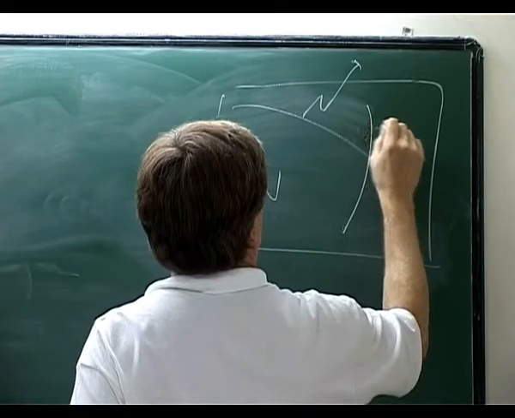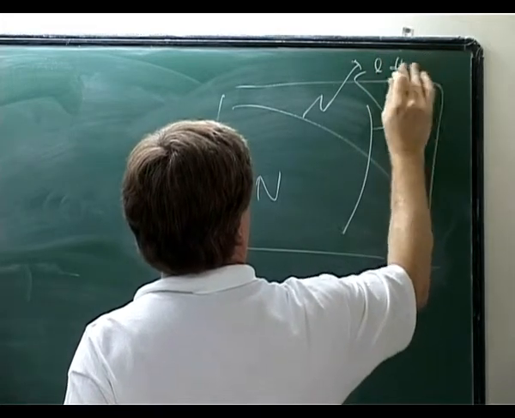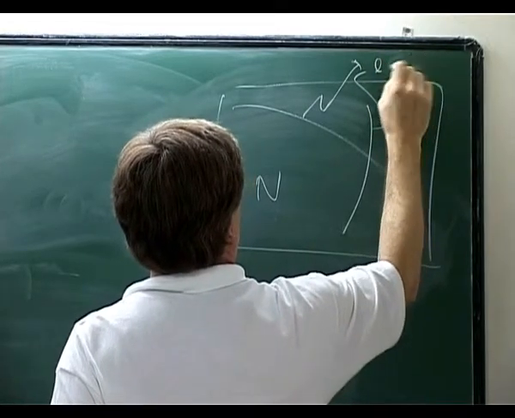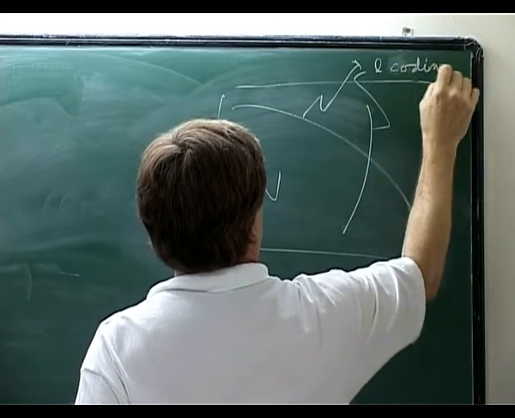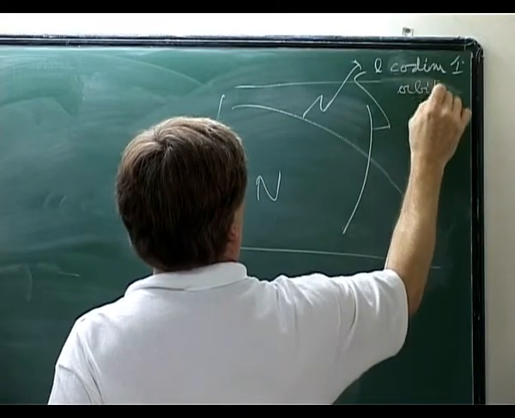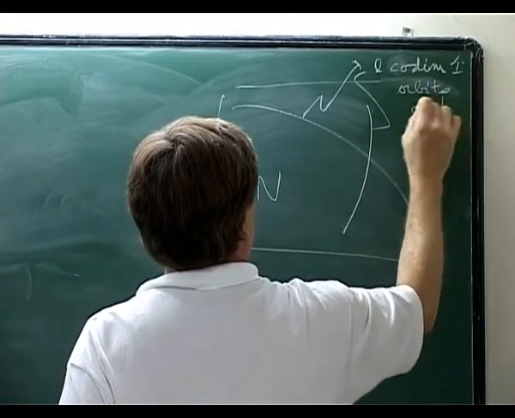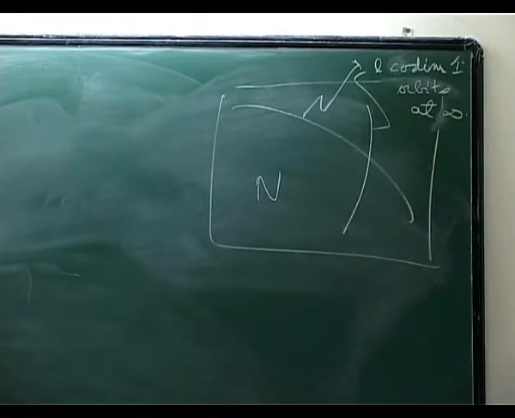Okay, so L divisors, or L varieties at infinity. Okay, L orbits, L codimension 1. That's the best way to say it. Orbits at infinity. And then the varieties, of course, are closures of these things. Okay? And so,